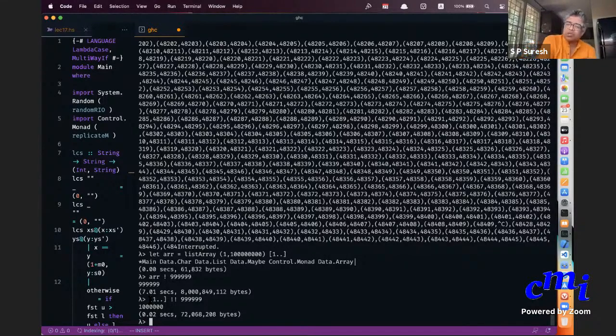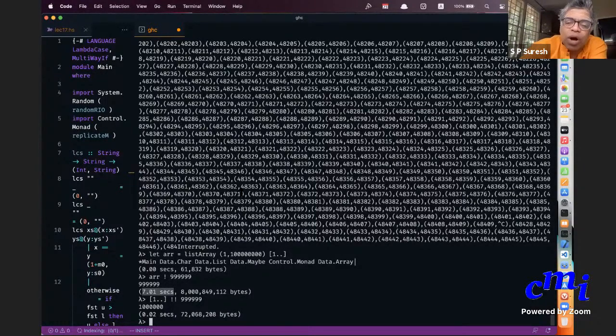In this case, it has to build the array for so many elements, and it does this. But the point is that it will take the same 7.01 seconds no matter what. At least for simple examples, it is supposed to be very quick. We'll come to that later. Let us first explain the index type.